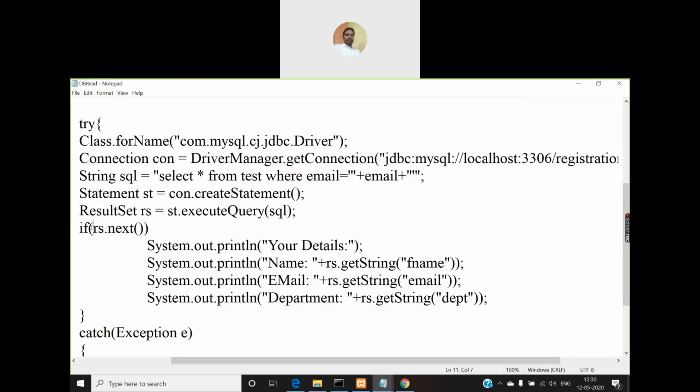Right. So this next method is going to return what? It is going to return either true or false. If there are records available in that result set object, then it will return true. If there are no records available, then it will return false. Even though sometimes you have records in the result set, it will return false if you have already traversed through all the records available in the result set object. But when you call it for the first time, it means you have not gone through all the records that have been retrieved